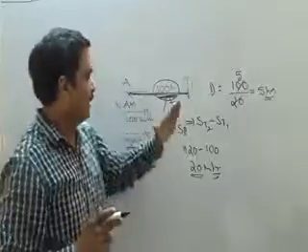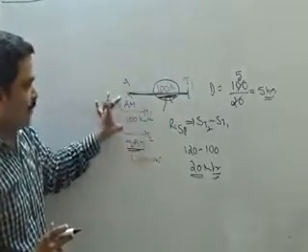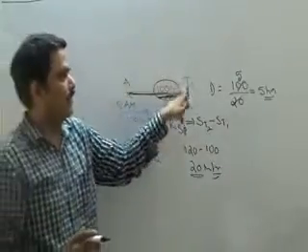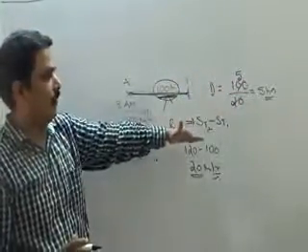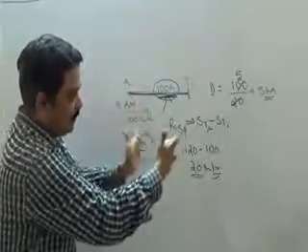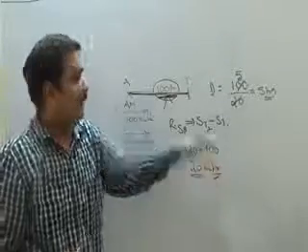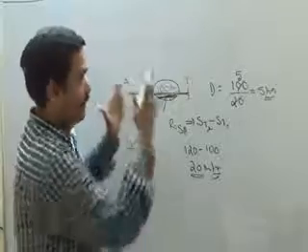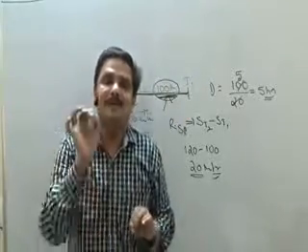Alright, the first train's speed is 100 kilometers per hour, the second is 120, and the time gap is 1 hour. In 1 hour, 100 kilometers are already covered. Train 1 has not stopped, it is moving. When train 2 started, following train 1, in 1 hour the distance between these two is reduced by 20 kilometers. And this 100 is called the lead distance. It will be carried forward, and this way we need to complete the question. This is the concept of relative speed.